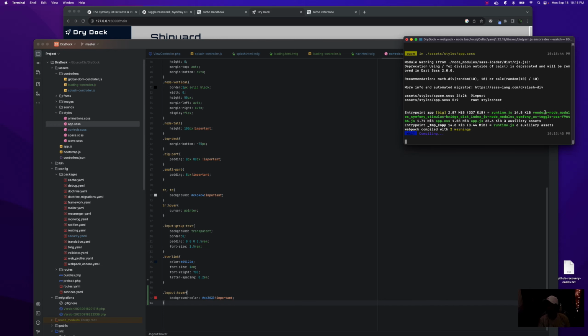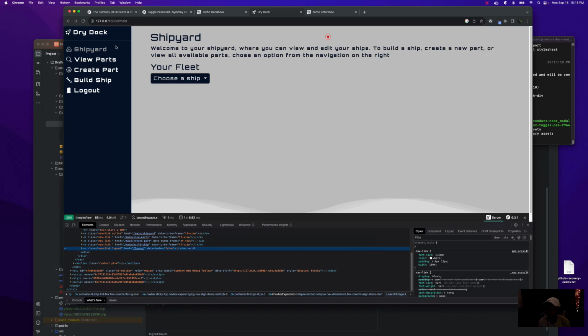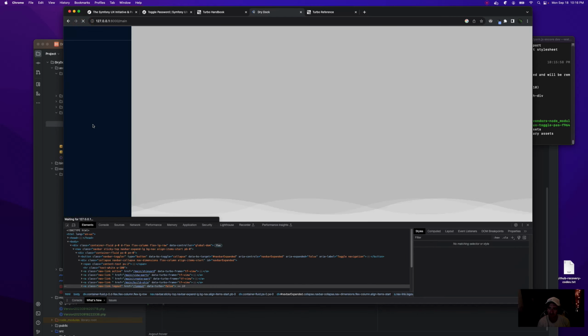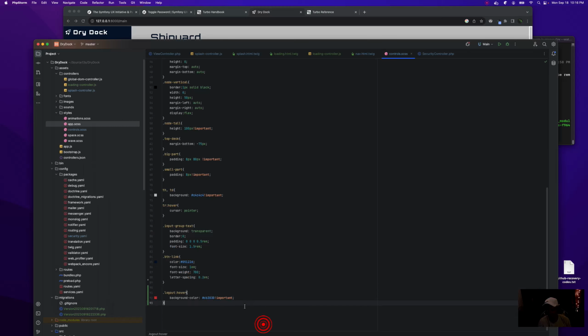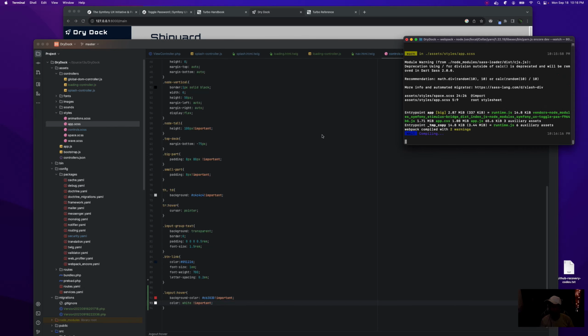Probably because Docker's running. There we go. Wow, that took forever. Okay. Hey, cool. I don't know. I think we still want white as the text color, though. Sweet. All right. Now we just gotta wait a year for Sass to compile again. Man, this always takes a long time.